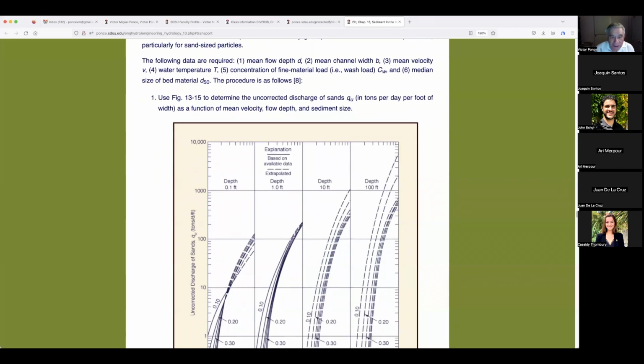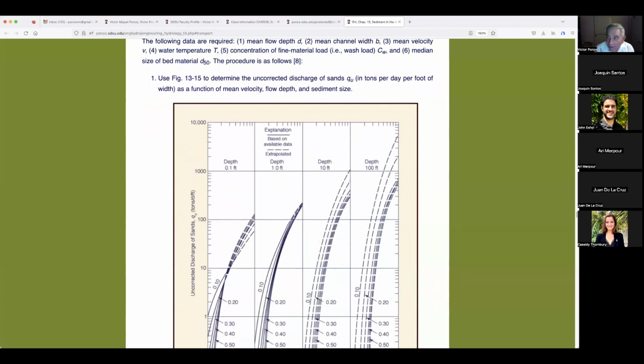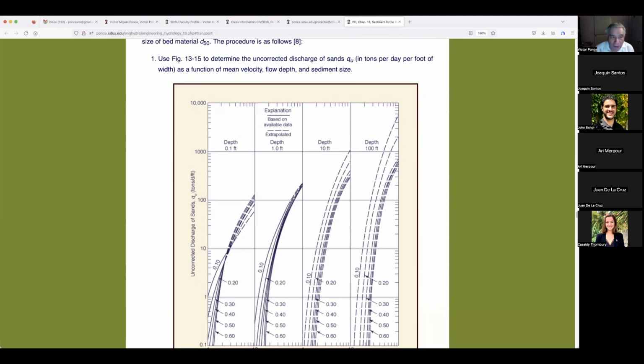So the procedure is as follows. We have these tables in here, which I love. The reason why I love these tables is because they justify a theory that we have, which I'll talk about later. We have plenty of time to talk about that, so I'm not going to talk about it today. But suffice it to say at this point that these graphs show a story that I like. Actually, I love it because I've written papers on this subject. So use figure